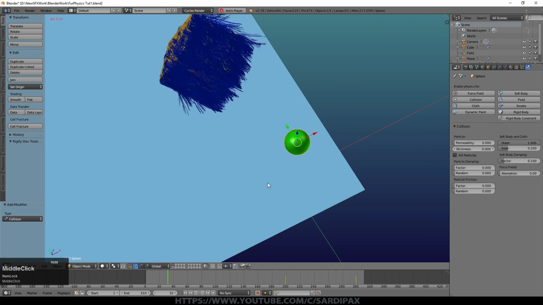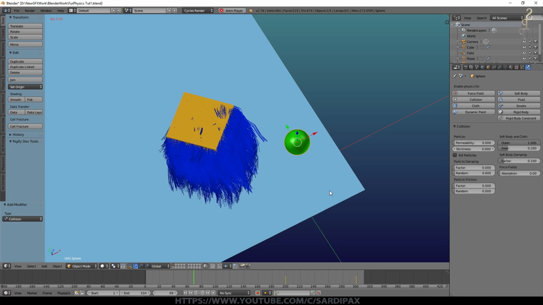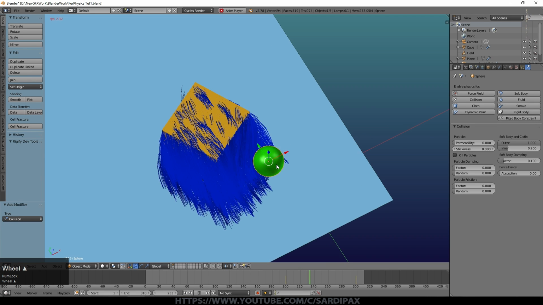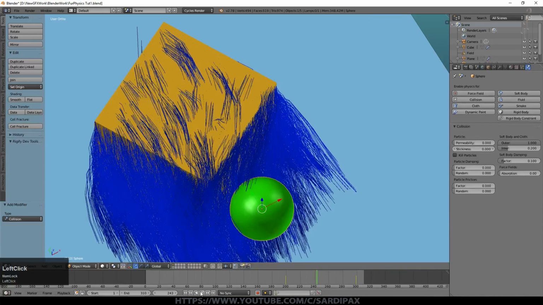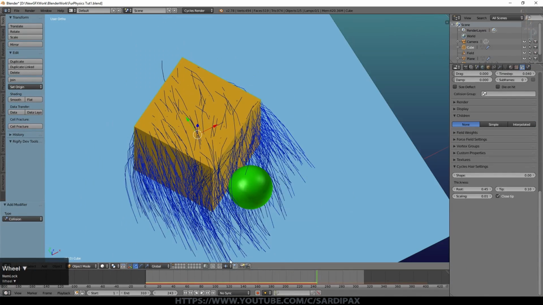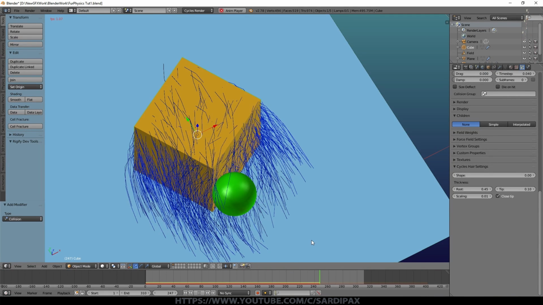And let's look from this angle. So here comes the cube settling down, and the sphere is starting to move, and you can see it's pushing the hairs. Just be able to make that out. If I stop it a moment and I turn off the children, so set that to none, and then let it carry on, you can see it is interacting with those hairs, it's pushing them.